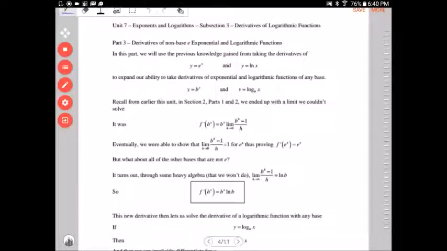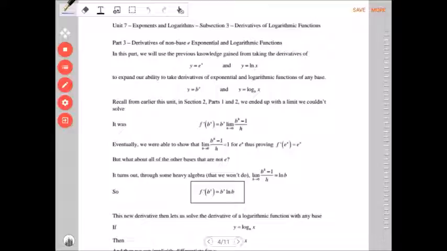All right, part 3. Derivatives of non-base e exponential and logarithmic functions. So before we get started, we know that the derivative of e to the x is e to the x, and the derivative of ln x is 1 over x. So we're going to expand our ability to take derivatives to just any base, not just e, and any log, not just lns. Recall from earlier this unit in section 2, parts 1 and 2, we ended